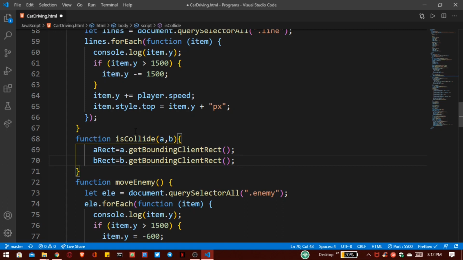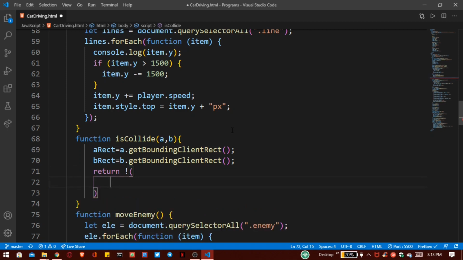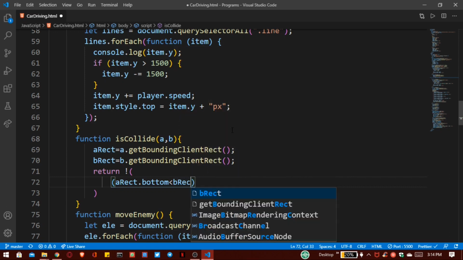Now at the end of this function we have to return something. We have to return this negative and check some of the following conditions. So our first condition is aRect bottom is going to be smaller than bRect top.